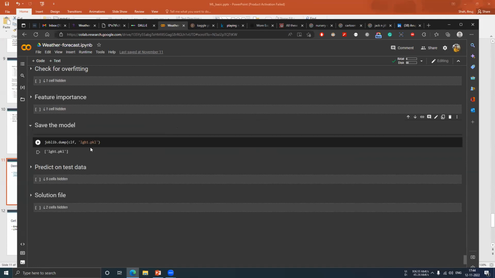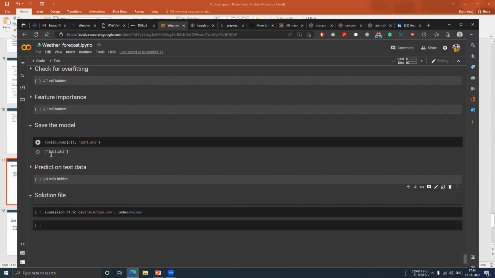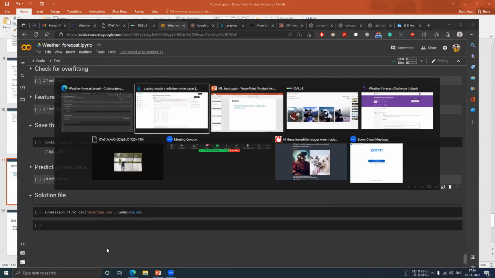Later on, what we can do is save the model in a file known as pickle. As Sangeetha ma'am was showing the Django framework, we can put this pickle file into Django and make a weather predicting app from there. In the last cell, we have the solution file, but since it will take a little time, we can skip this and move back